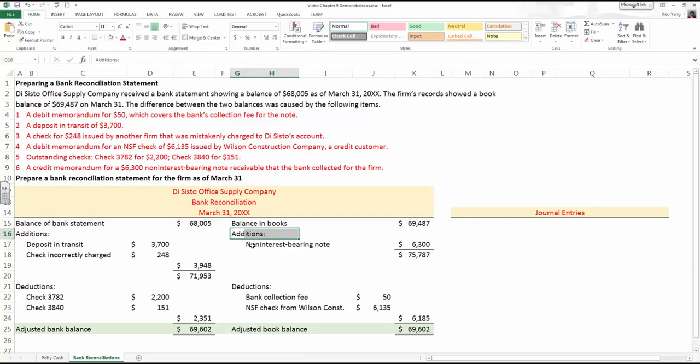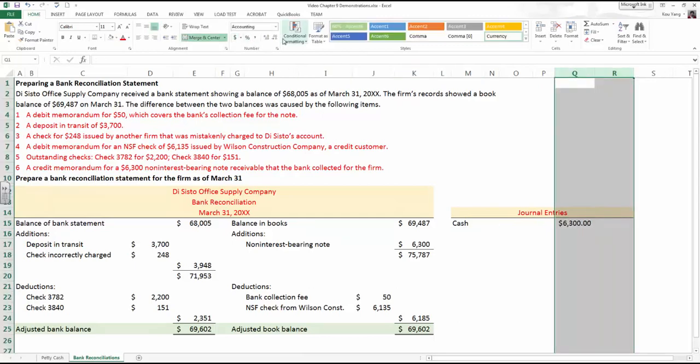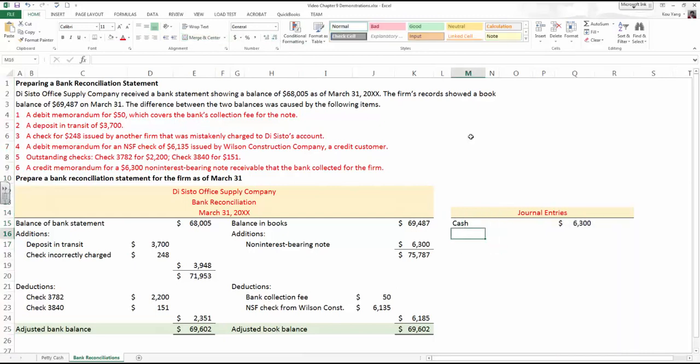Under our additions, we had a non-interest bearing note, and this was an addition. That means that we collected money from a customer that we initially lent money to. If they have paid in full, we're collecting cash from them. So we're going to debit cash in the amount of whatever we recorded, which is $6,300, increasing cash. And your offset,